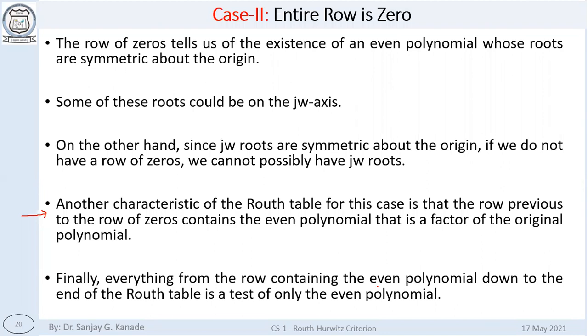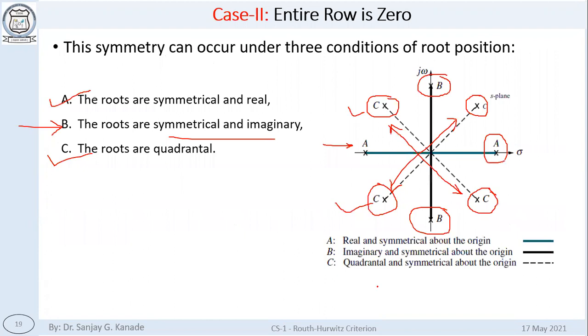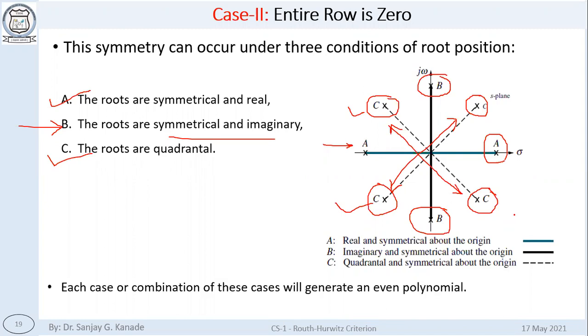Okay. And the table below the row of zeros is actually also a test of the even polynomial. So why I'm talking about this is because whatever I talked about here was about the even polynomial, and these are the roots of the even polynomial. So these roots are also the roots of the original polynomial, and that's why all the analysis holds. Therefore